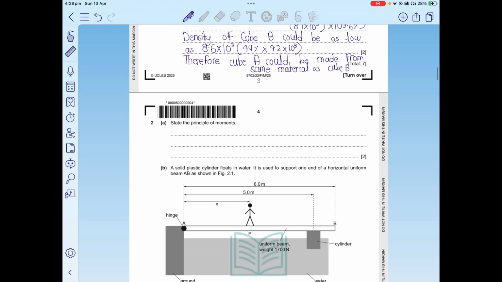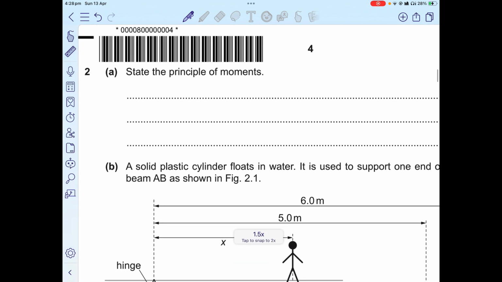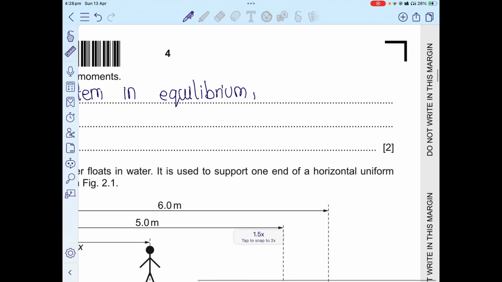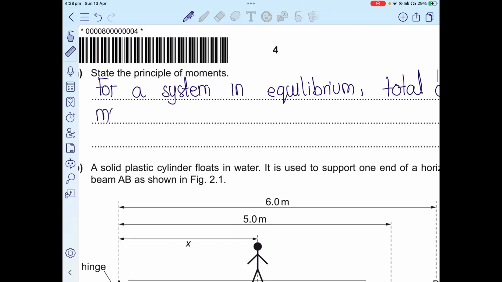Okay, now state the principle of moments. The principle of moments is very easy and it's a very repeated question. What it actually says is that for a system in equilibrium, the total clockwise moment. Now remember, the word total itself is very important. The total clockwise moment